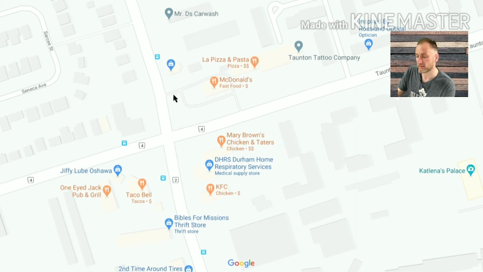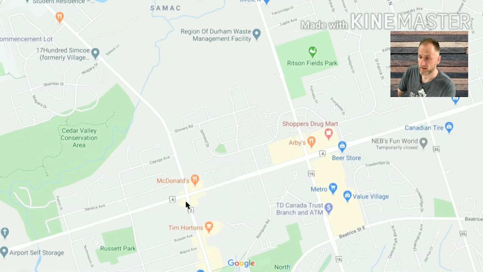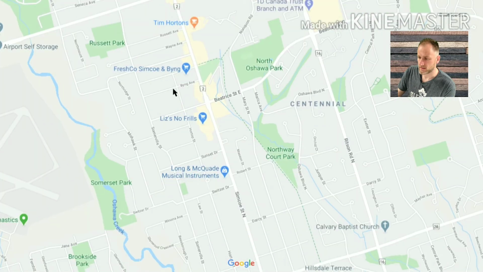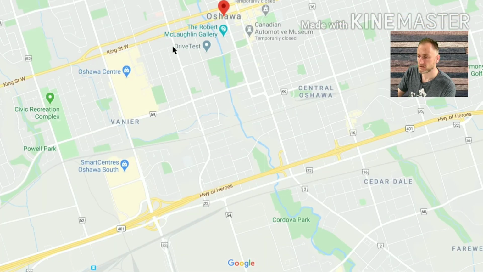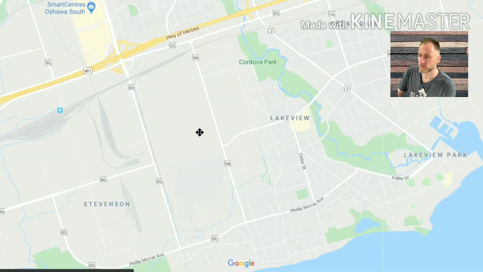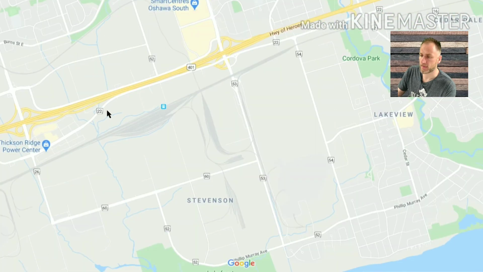So this would take you right to downtown Oshawa, which would take you to the Oshawa Go Station, which is downtown, which has a bus service. And then, yeah, you pretty much go everywhere. And another thing I didn't touch on is if you are commuting to downtown Toronto, you have the downtown Go Station, which would be the bus service. Or if you wanted to take the GO train, it is at Thornton Road,